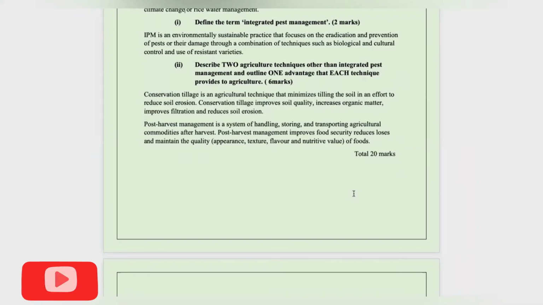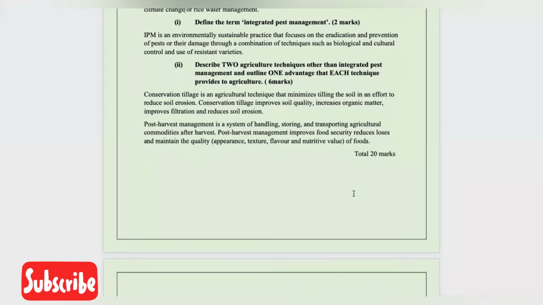For post-harvest management, this technique is all about preserving food after harvesting, right? So it's a system of handling, storing, and transporting agricultural commodities after harvest. And the advantages of this is that it improves the Caribbean's food security, it reduces losses, and maintains the quality